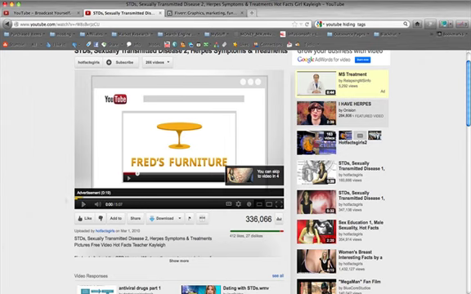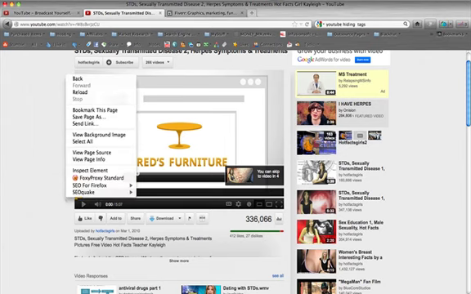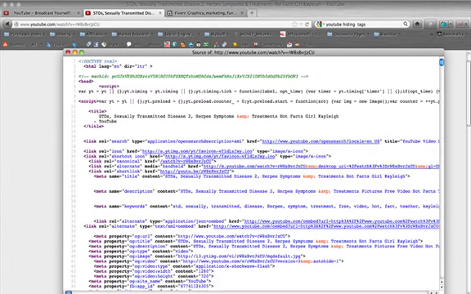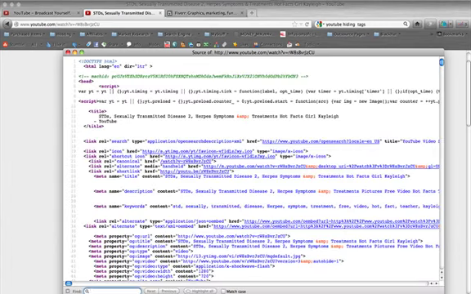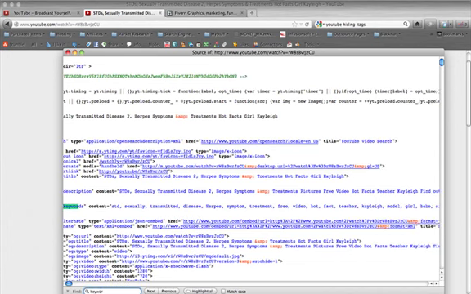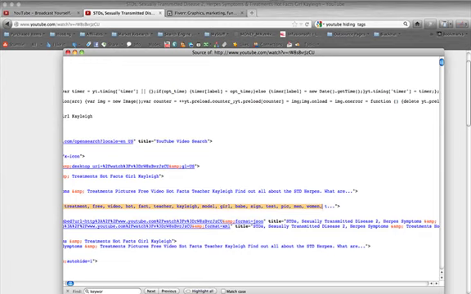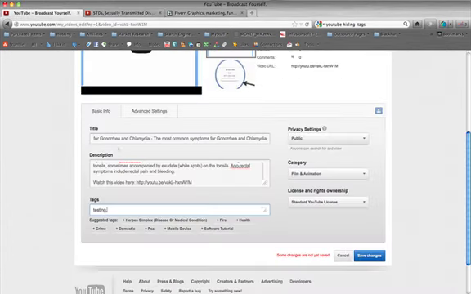Now, if I right click anywhere on this page, I'm going to see view page source. And what I'm looking for here is keywords. So what I normally do, I'm on a Mac, I just hit Command F and it brings up my Finder window down here. And I'm going to type in keyword. There it is. Now here are all the tags for that video that's ranking really well right now. It's actually most of the tags. It looks like it trailed off there at the end. So I'm going to copy those. I'm going to come back here.